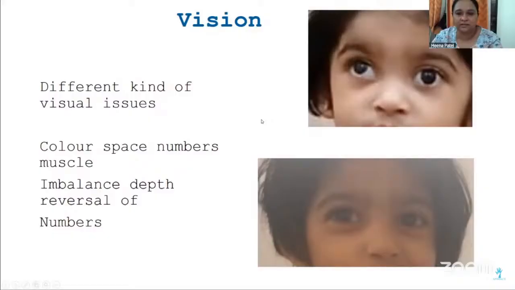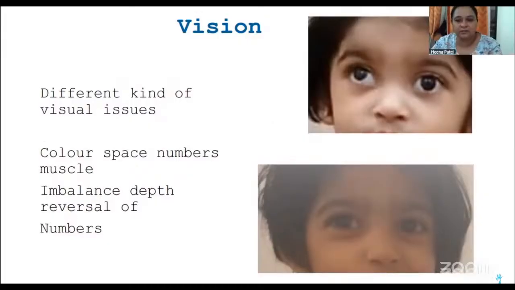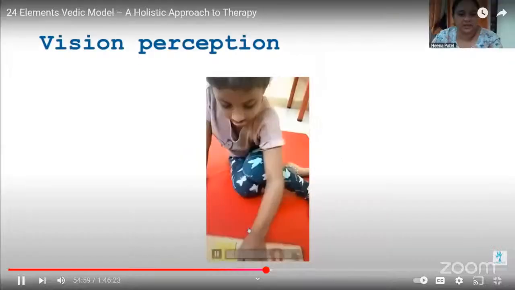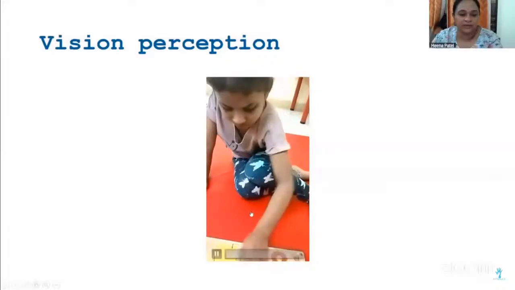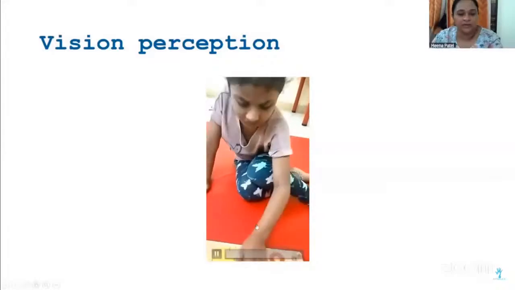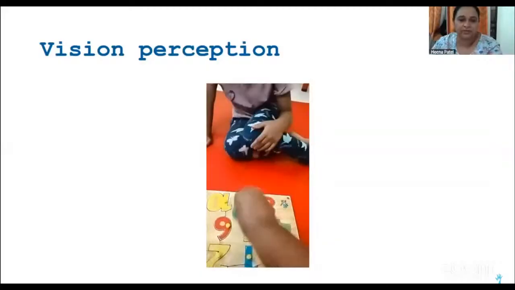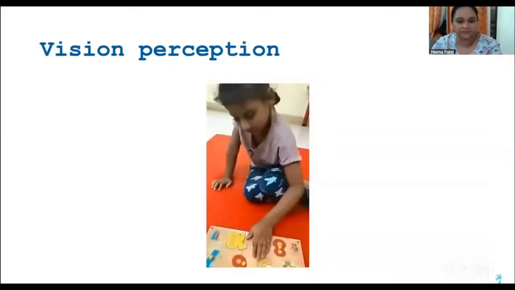By using this model, we have shifted those muscles, and now you can see that the eyes are normal, because the muscles are very well balanced, and that has balanced her behavior and speech. And this is the vision perception. This girl was never able to fix this number 9, and because of that she got frustrated and avoided the activity. After doing these sessions, when we checked again with this number, it's now very easy for her to do, and now she's asking for the activity because she is able to solve this puzzle.